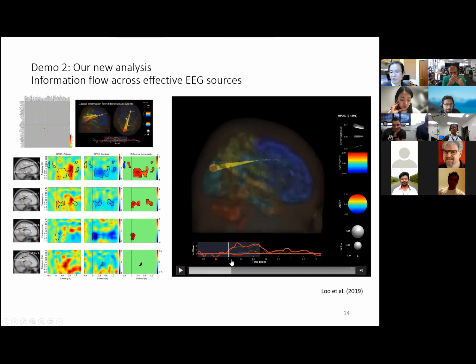Now this is hitting latency 0. And in this movie, latency 0 is the moment of the visual cue. When the subject sees a visual cue, they make an eye blink. Okay, so this is an eye blink cue. And this movie is a result from the subtraction